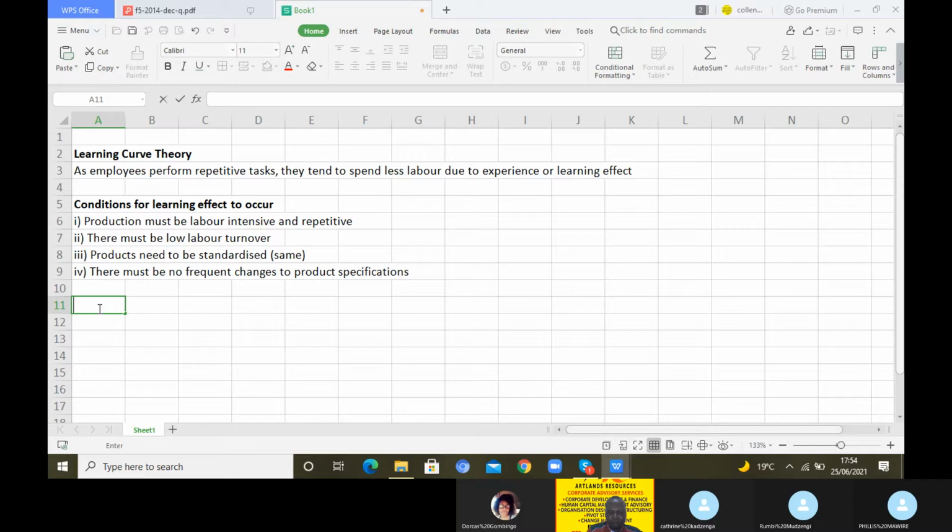So you may say learning curve theory methodology, or learning curve theory application. So let us have how does learning curve theory really operate in practice? If I may shorten learning curve theory by saying LCT, LCT states that